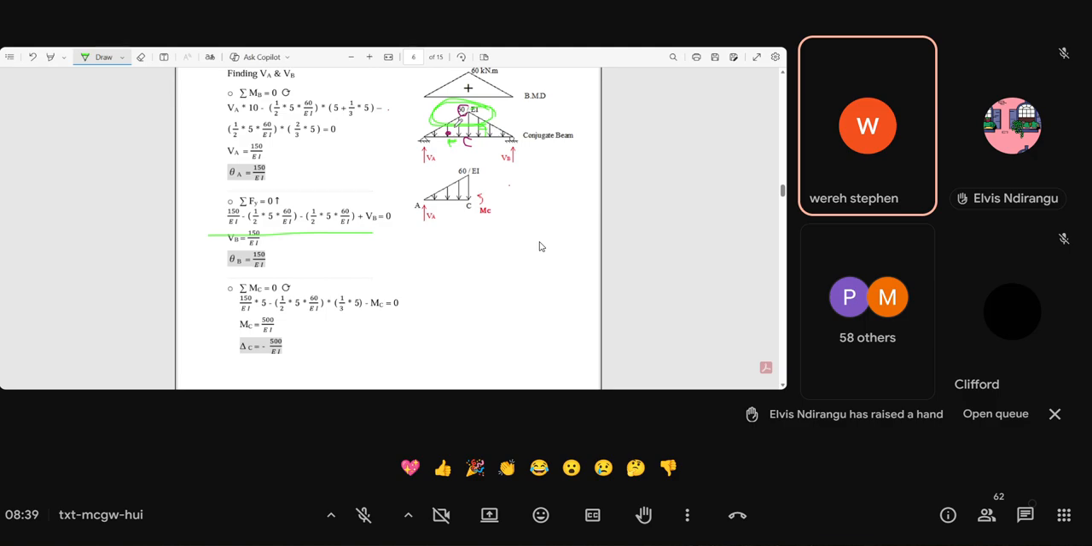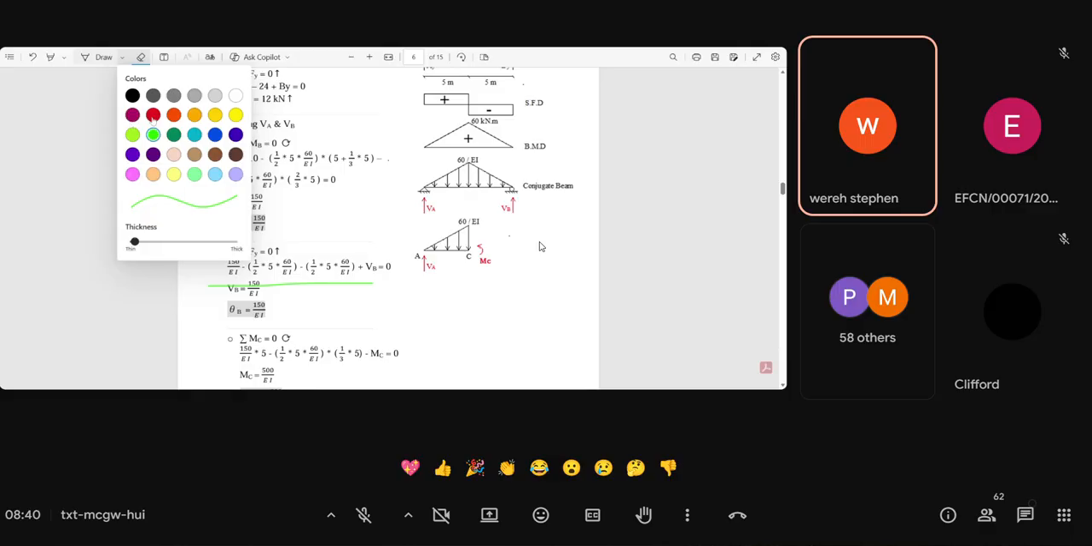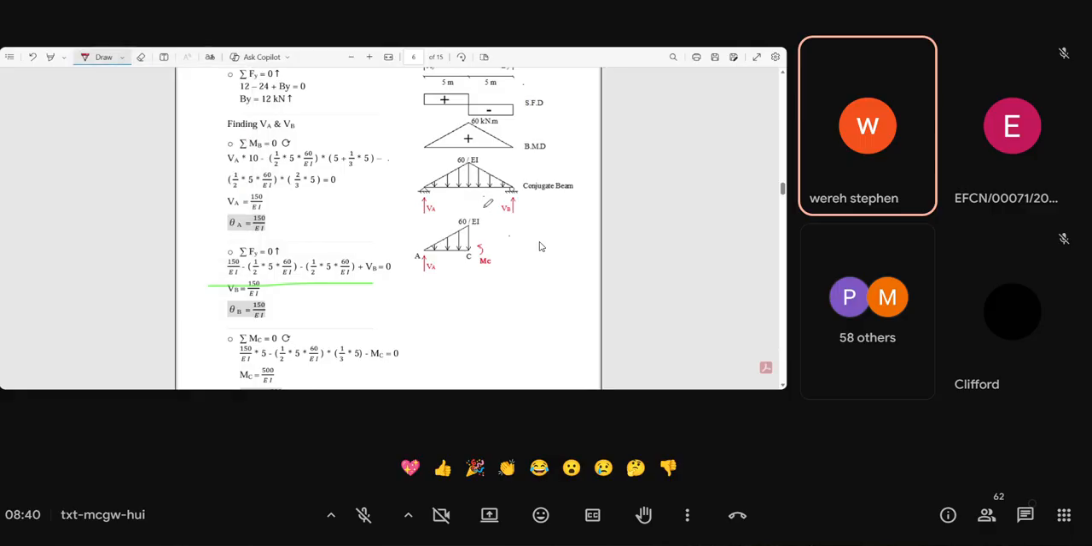Can someone tell me how they found 150 over EI? How did the total load of this thing come to 150 over EI? Can someone tell us? Maybe it is just half times base times height, basic geometry. So you can just